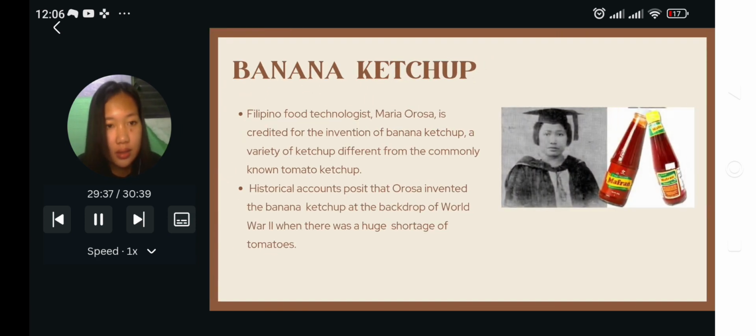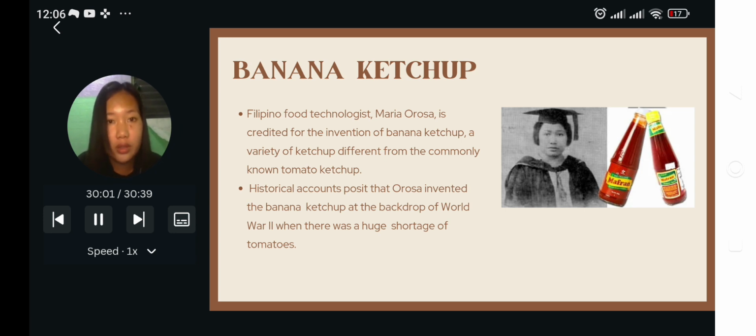Next invention is the banana ketchup. So, Filipino food technologist Maria Orosa is credited for the invention of banana ketchup, a variety of ketchup different from the commonly known tomato ketchup. Historical accounts say that Orosa invented the banana ketchup at the backdrop of World War II when there was a huge